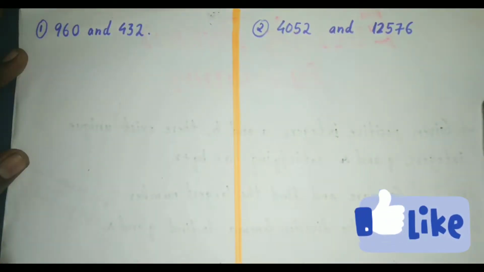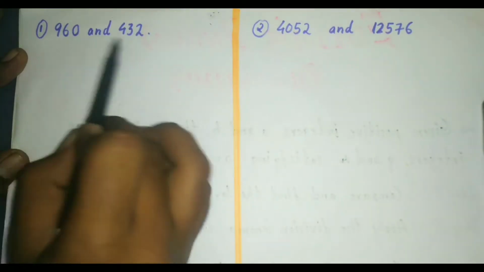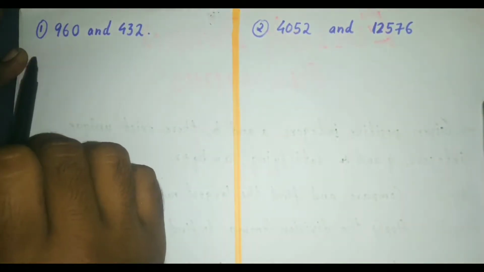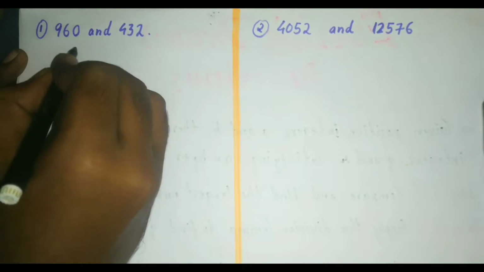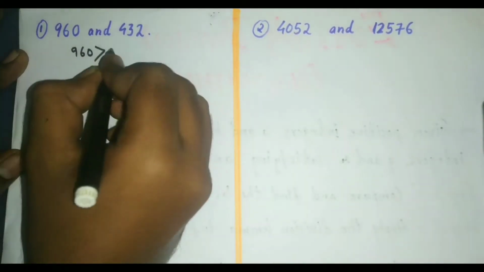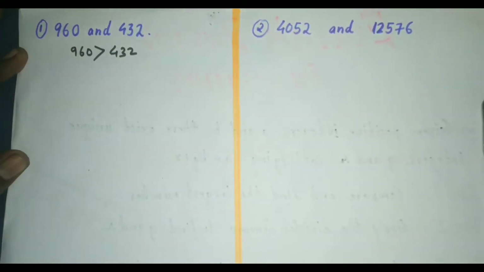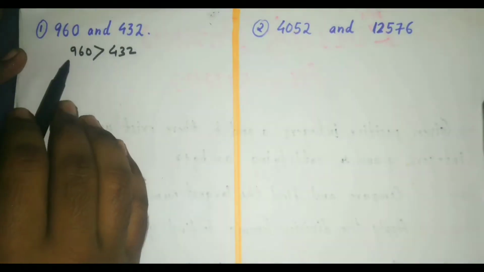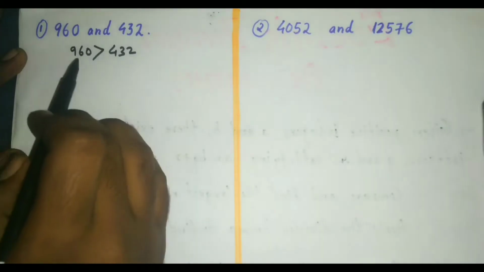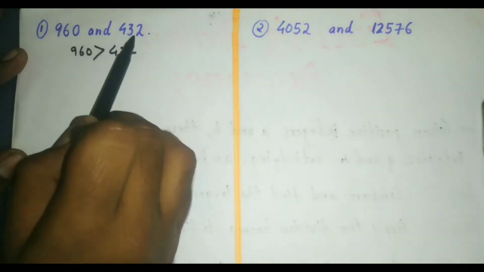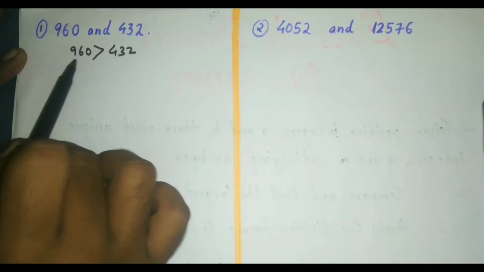To find the HCF, the first step is that you have to find the largest number between these two. You have to compare and find the largest number. So you can see that 960 is greater than 432. So the first step is over. The first step is to find the largest number between these two. So the largest number is